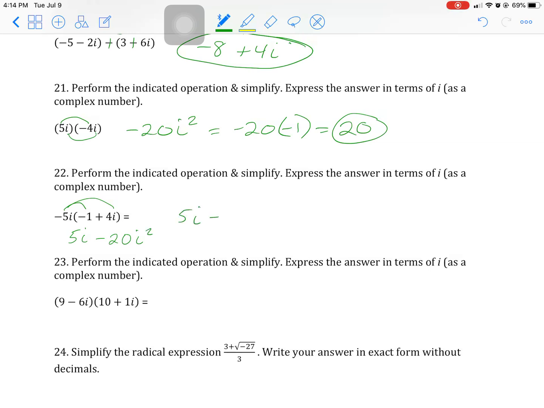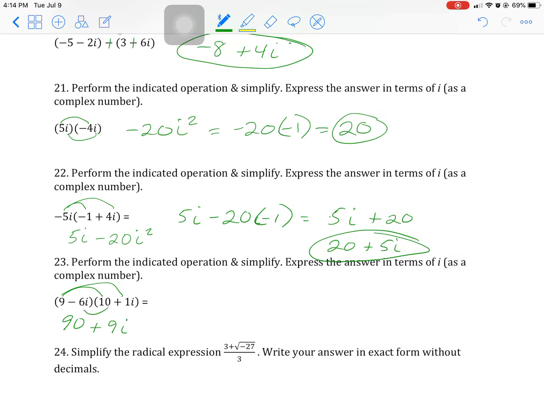So 5i minus 20 times -1 would be 5i plus 20. Also accepted would be 20 plus 5i. Either one. Now multiplication of complex numbers. So this would be 90 plus 9i minus 60i minus 6i squared. Combine like terms, so 90 minus